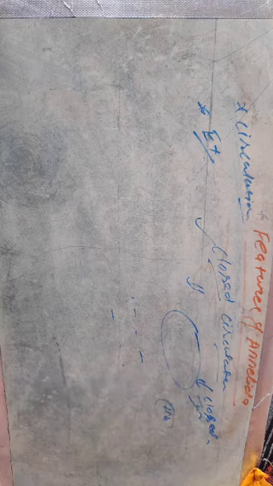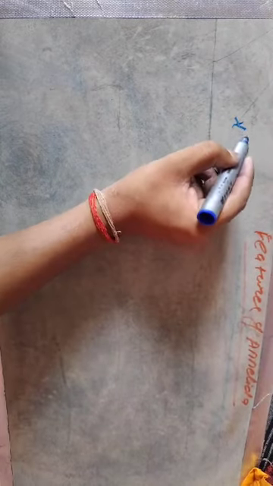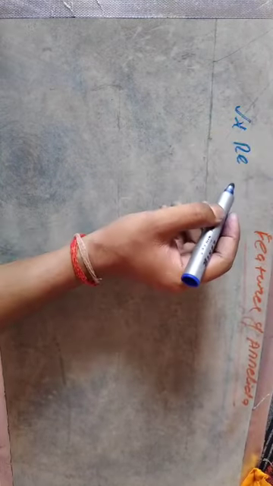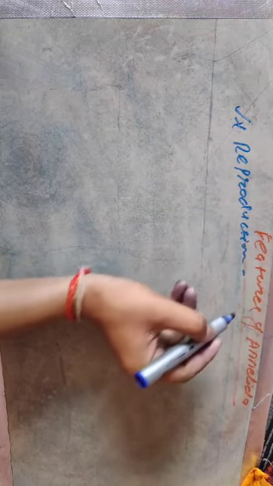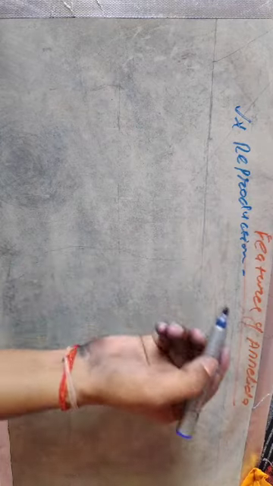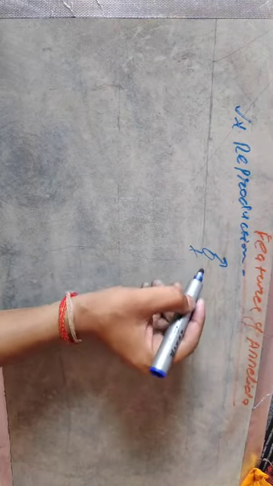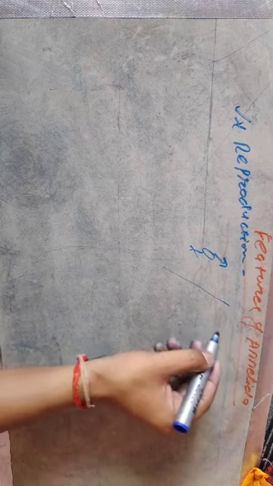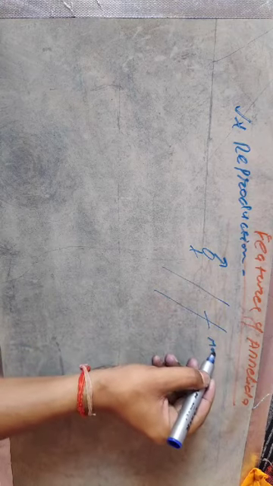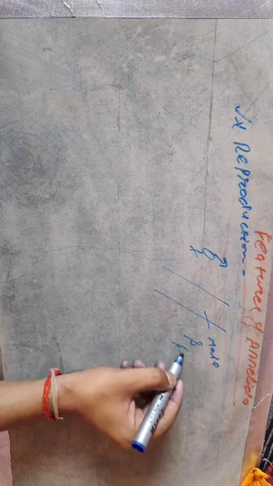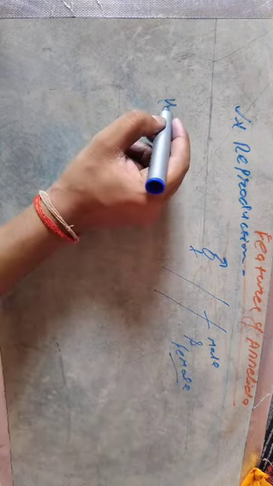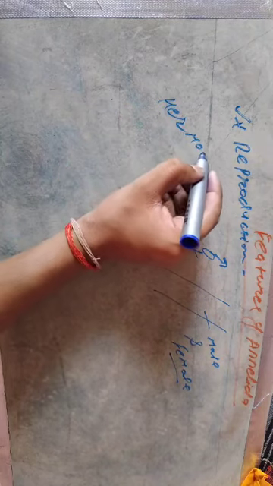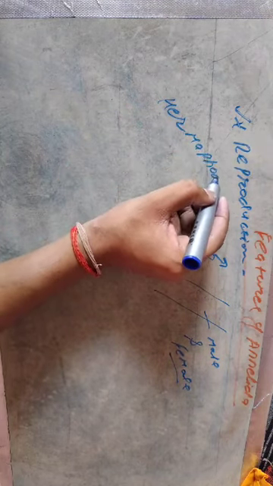Now back to the reproduction. Reproduction, you should mention the point as according to you. Reproduction in annelids: annelids, like earthworm, are bisexual. This is the sign of bisexual, in which a single body consists of both male and female reproductive systems. That is, annelids are actually hermaphrodite. The bisexual animals are also known as hermaphrodite.